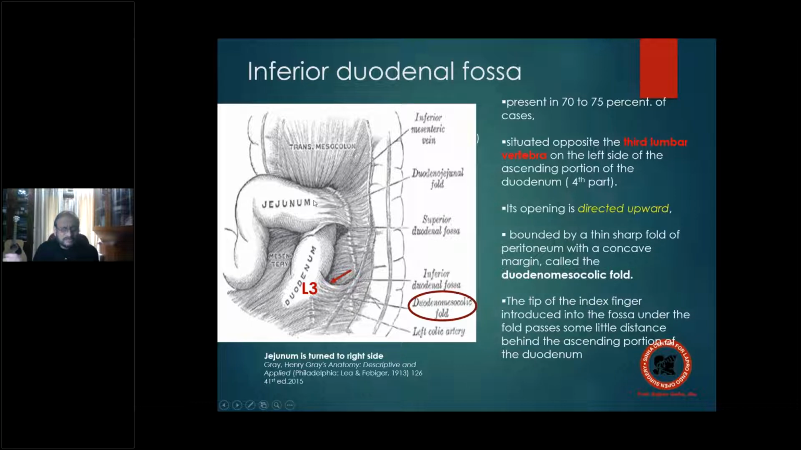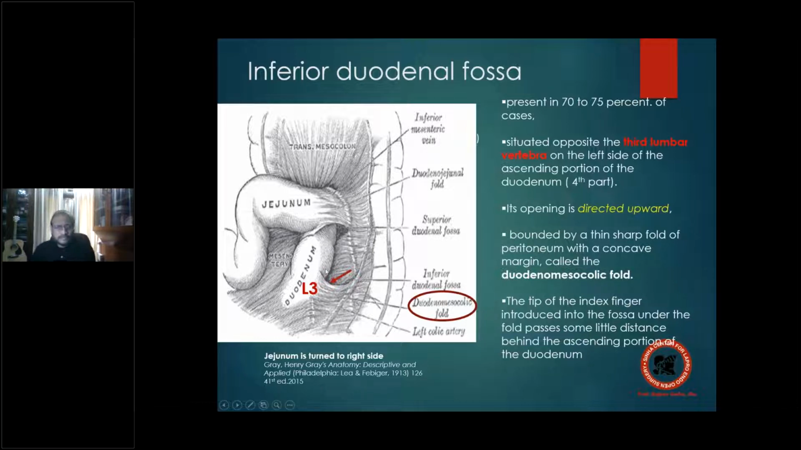Now the jejunum has been turned to the right. You have just shifted it to the right side. So normally jejunum should be lying somewhere here, but we have shifted it to the right. So when you do that, you are exposing two fossas out here, the superior and the inferior duodenal fossa. Let's talk about the inferior duodenal fossa. So if we look at the site, it is roughly opposite the third lumbar vertebra on the left side, right? That is the ascending portion of the duodenum, or the fourth part, after which it goes and forms the DJ